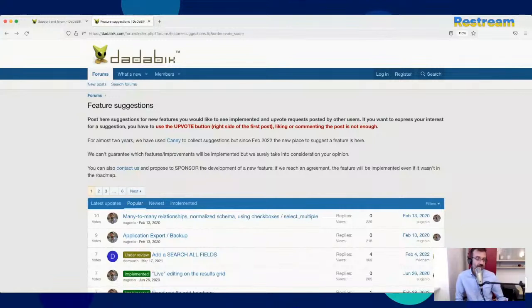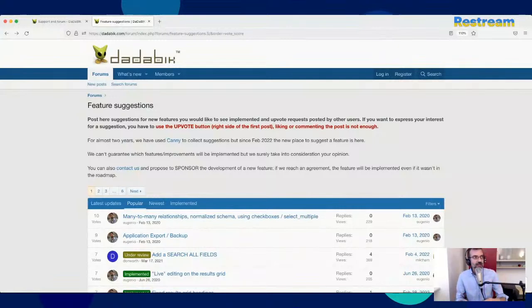However, often they complain about the interface. They say that the interface looks a bit old, basically. That's the comment that sometimes I receive. And I really would like to fix that, but I'm still not sure how. I mean, there are two big parts in DaDaBIK. One part is the front end of the application you create. The other part is the admin application, the admin section.